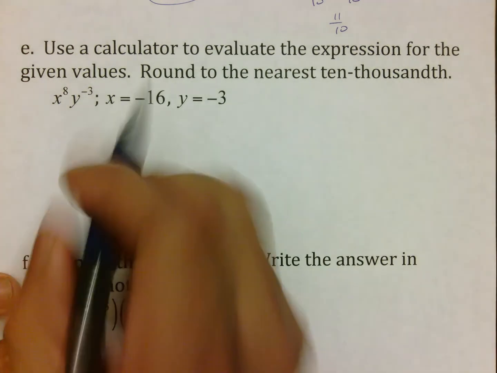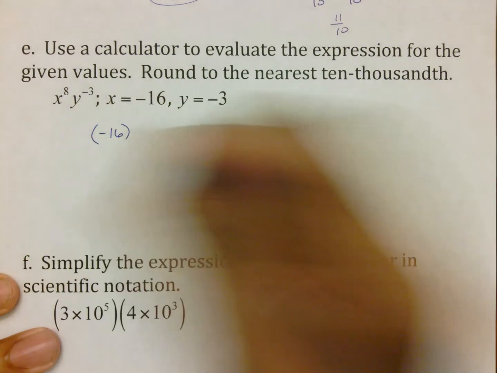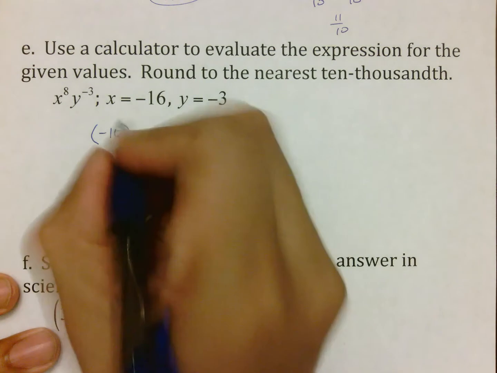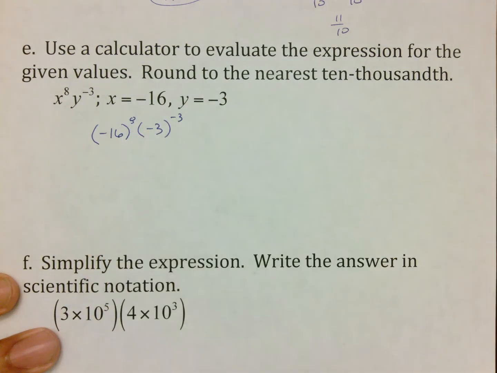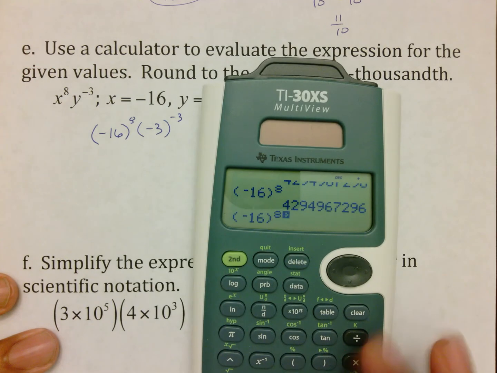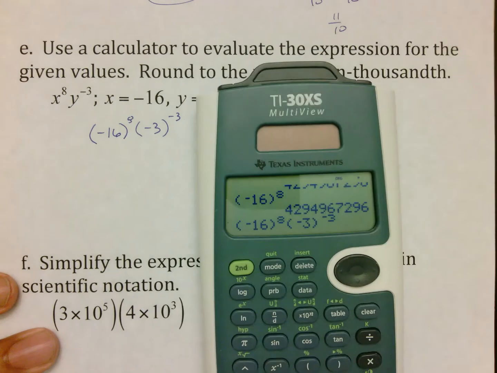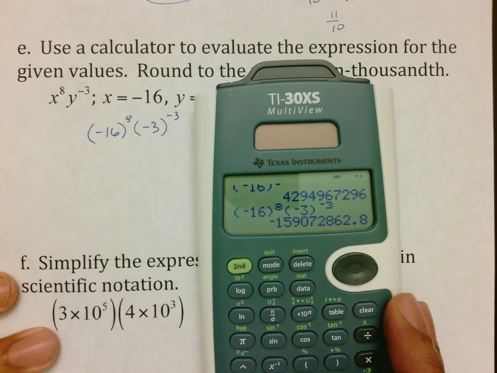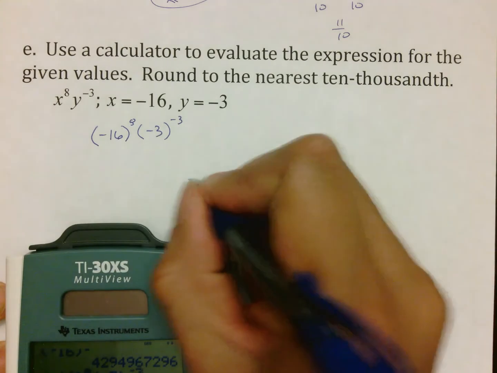So every letter we substitute, we want to use parentheses, so we put parentheses, negative 16 close, because that's the only part of x, 8, and then we put parentheses, negative 3 to negative third, and you simply type that answer in. Making sure I got that right. Yep, that is y. And then you hit enter. Oh, it didn't make me do it. And so that would be the answer you actually have to type in for me, which is negative